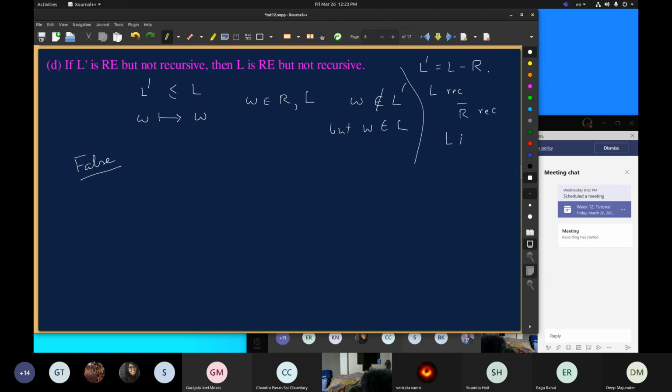Recursive languages are also closed under intersection. So this is nothing but L prime. This is also recursive. Okay, that violates this. So the only kind of example that you can produce is L is non-RE,